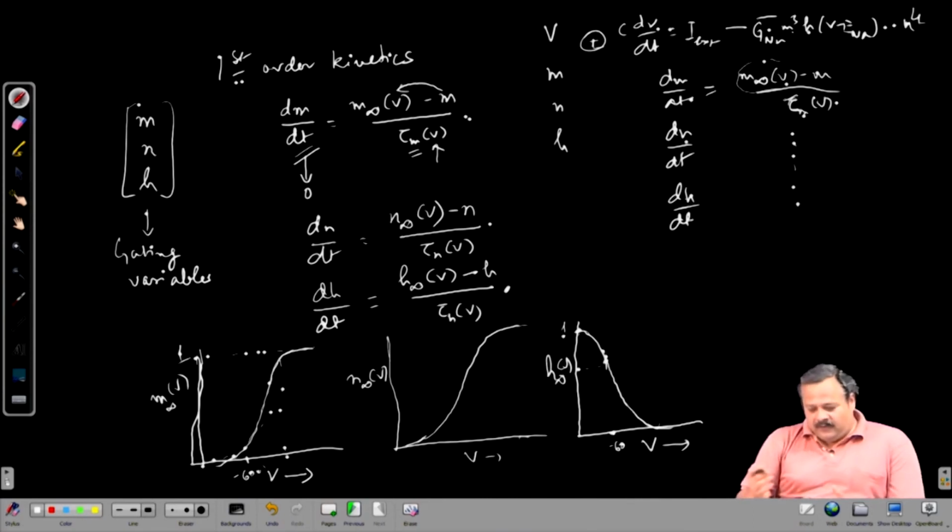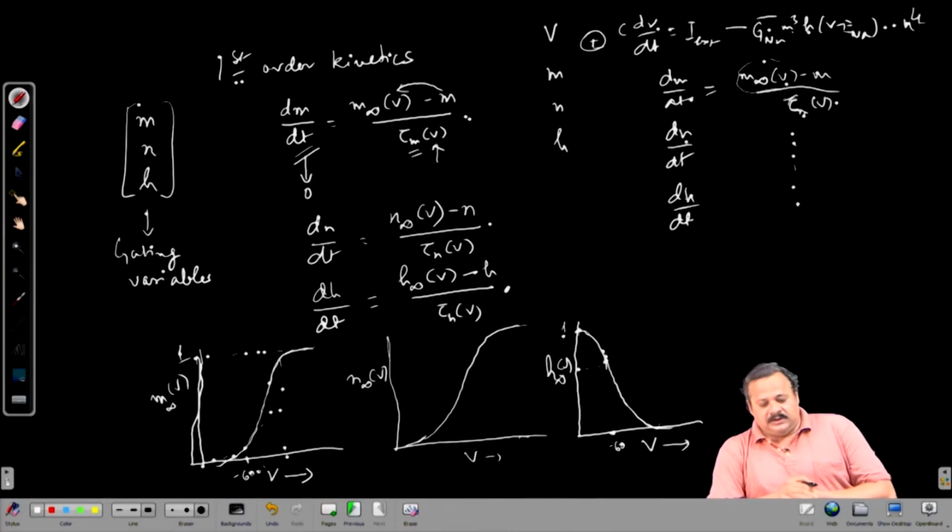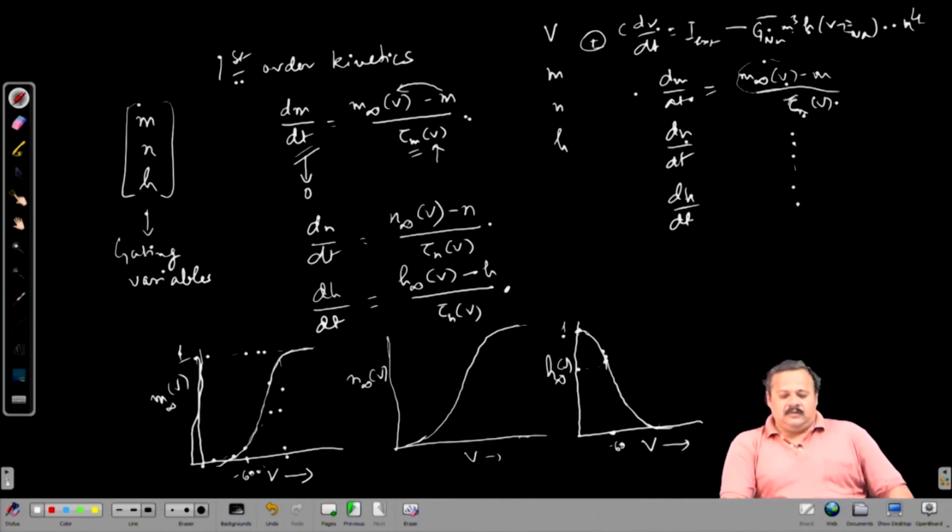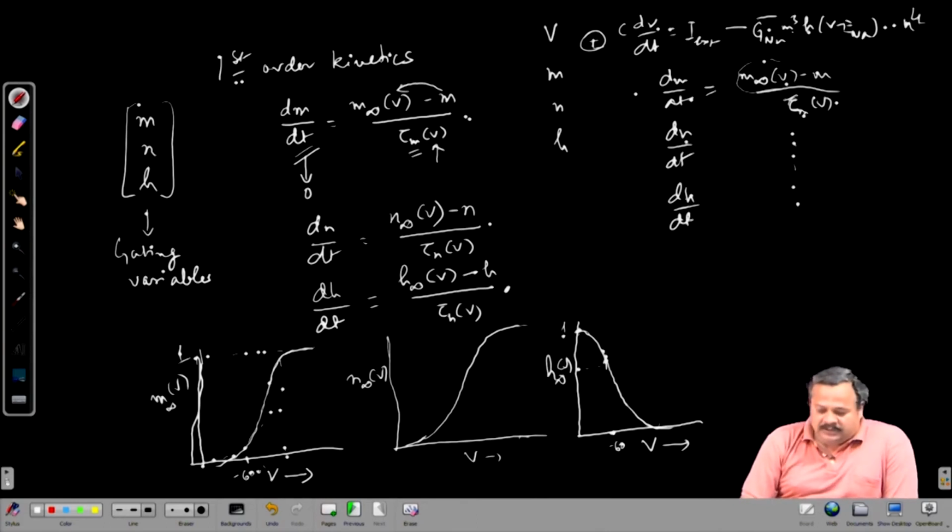I mean, they are not obviously theoretically derived, but they are functions that really fit the data very well, and based on those functions you can actually put those m infinity and n infinity in these equations to solve them further. Obviously, we also need the tau m V and all the other time constants as a